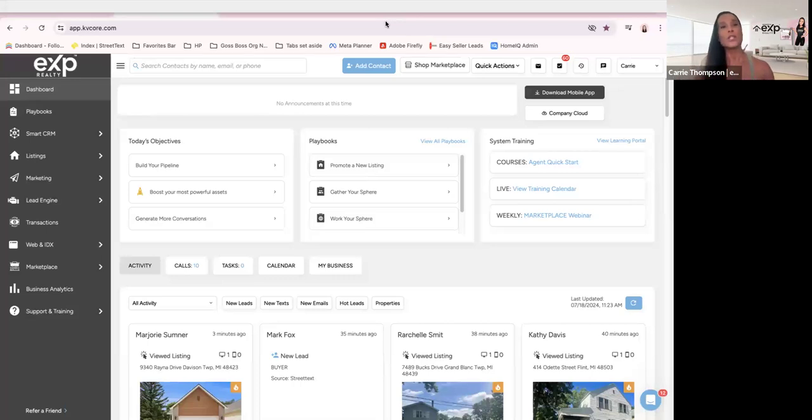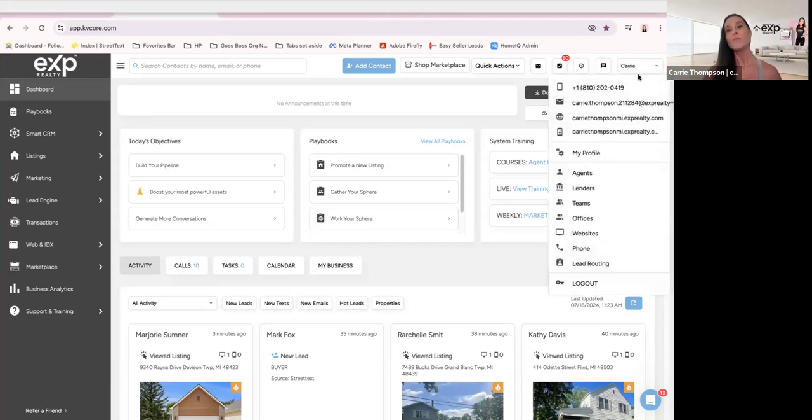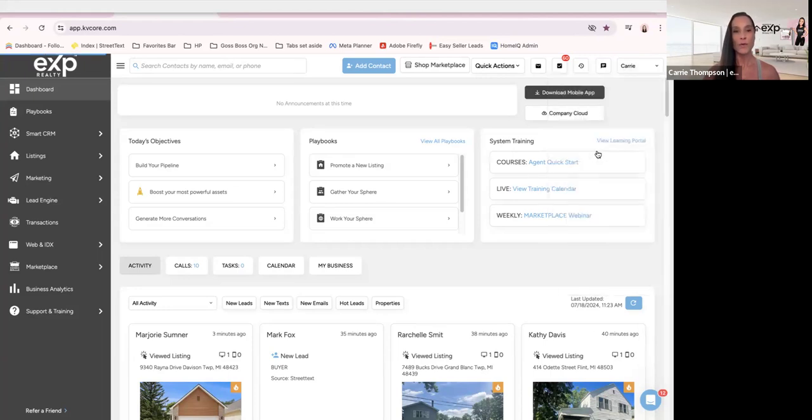Okay, so sharing my screen. So when you first get your kvCore, what you want to do is come into your profile. Your profile is right here. It's going to say your name in the upper right-hand corner. So click on your name, and here's your profile. So you just click on your profile,